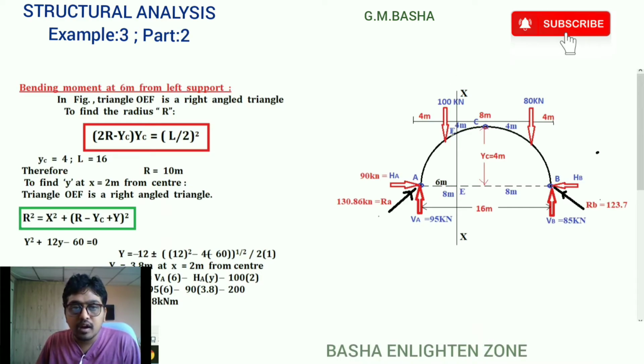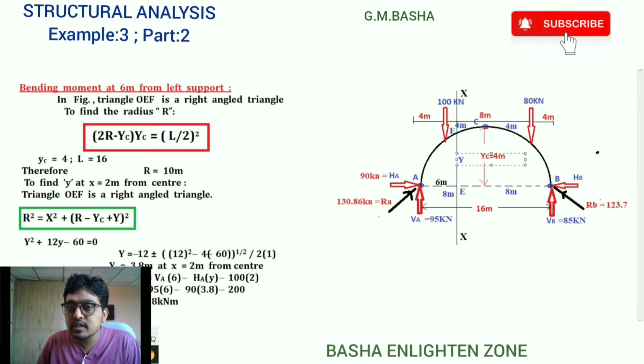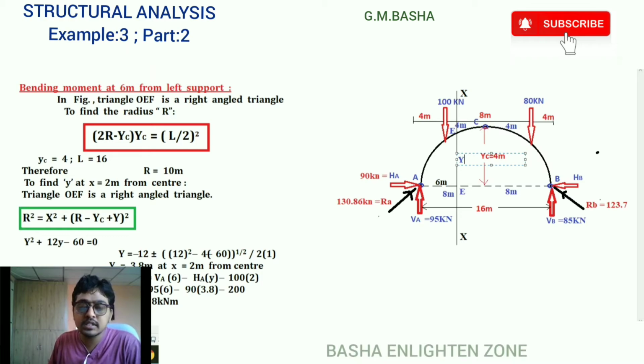Then after considering the section, this point from E, from the bottom line to the curve point E. So this curve is passing from A to C like this. So we have to find the intermediate rise in between that curve. So what is the formula for that? If we have to find the intermediate rise anywhere for the parabolic arch, the formula will be 4r by L square x into L minus x.